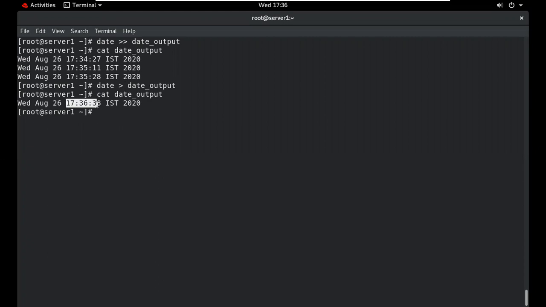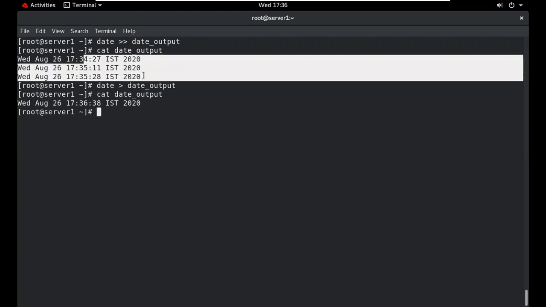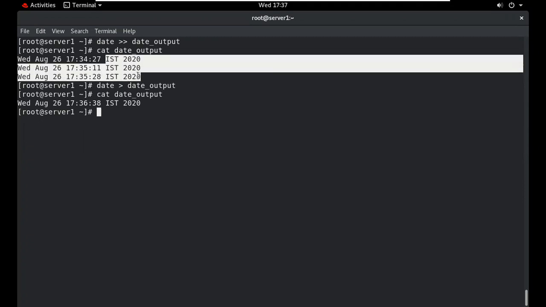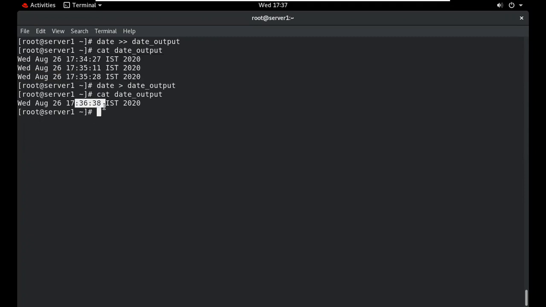Only this output remains, 17:38:27. It will overwrite. It will delete all the old data. If we want to keep the old data and the new one also, we will use the append syntax.